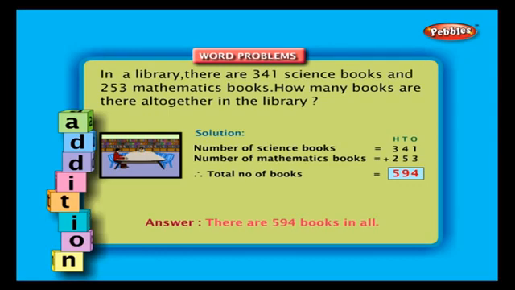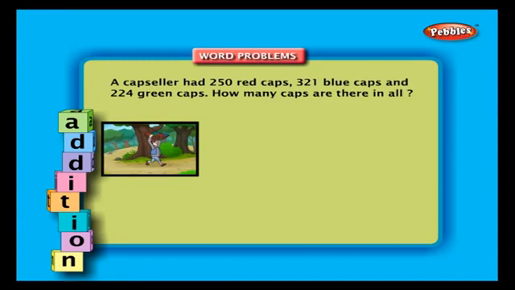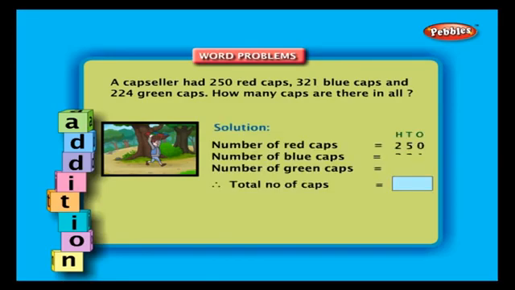Example 2. A cap seller had 250 red caps, 321 blue caps, and 224 green caps. How many caps are there in all? Arrange the numbers in a column. Number of red caps, 250. Number of blue caps, 321. Number of green caps,